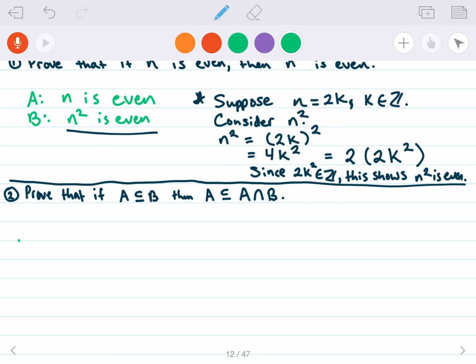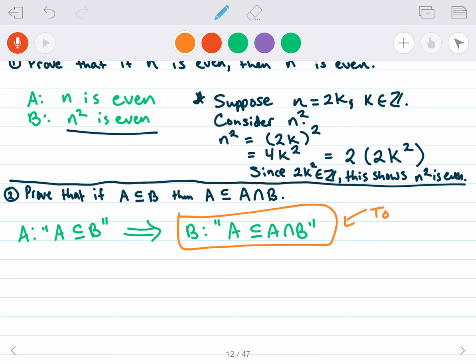Well, our premise, and this is confusing because I used A here, but whatever. Too late now. Our premise is going to be A is contained in B. So this is what we're assuming. And we want to show that this implies that A is contained in A intersect B. Okay, so this is our goal